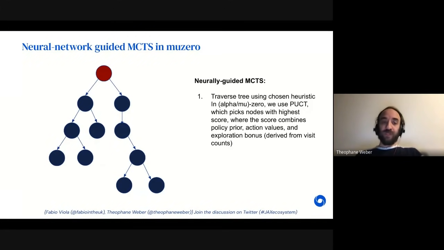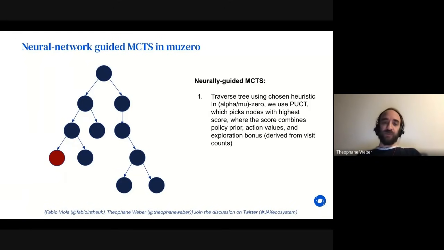You already have a given tree, and you're going to traverse the tree from the root to a leaf node using a chosen heuristic. In AlphaZero or MuZero, the heuristic is called PUCT, and it basically picks the node with the highest score, where the score combines 3 factors: a policy prior, which is a gut feeling of what is the next best action; action values, which are derived from the tree computation; and an exploration bonus, which is derived from visit counts, how often you've been in a particular node of the tree. So you keep going down the tree until you reach a leaf,